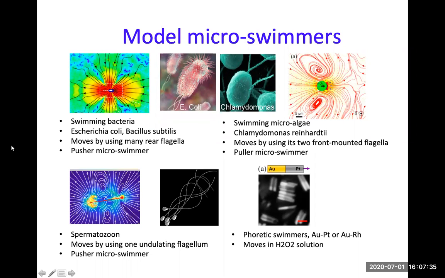And now there is a lot of work, as I mentioned, on these phoretic swimmers, right? So you can put together gold and platinum. A lot of this is rods or sometimes spheres. Now there's a lot of work on various other shapes as well. And if you put these particles in specific solutions, for example, hydrogen peroxide, then it moves. So it's technically a swimmer, and lots of these are in the micron scale. So a microswimmer, but very different motility. So in the end, I'll talk a little bit about these as well.